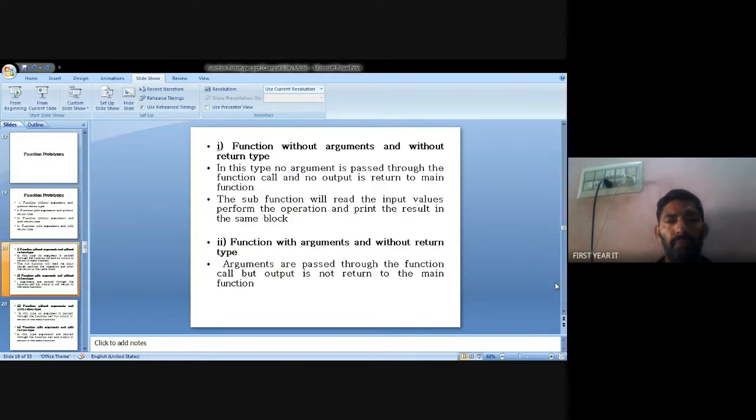First, function without argument and without return types is called no argument, no values passed, no return types. Second, function with argument and without return types, so we pass the value as arguments and there are no return types.